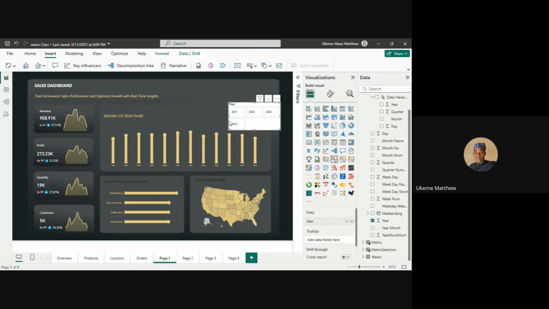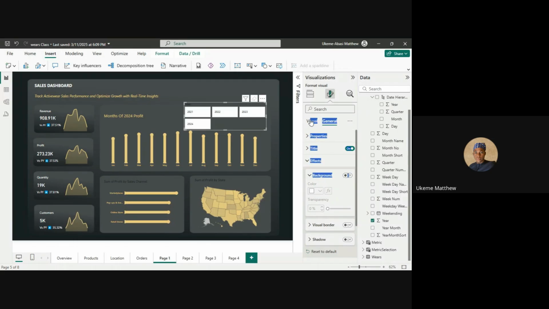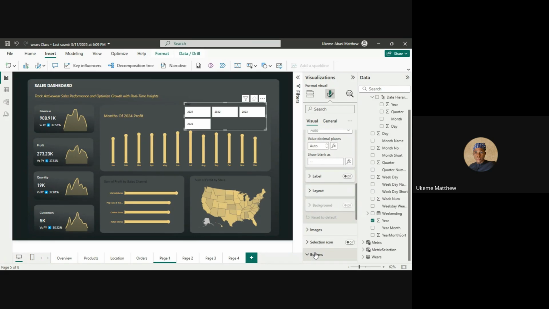Now we would edit this slicer in a way that is very, very appealing. First, we would come to format your visual, callout values. Let's start with removing the background first. On the effects, the background, turn it off. Why is it not? Yeah. Then I think, yeah, on the buttons,